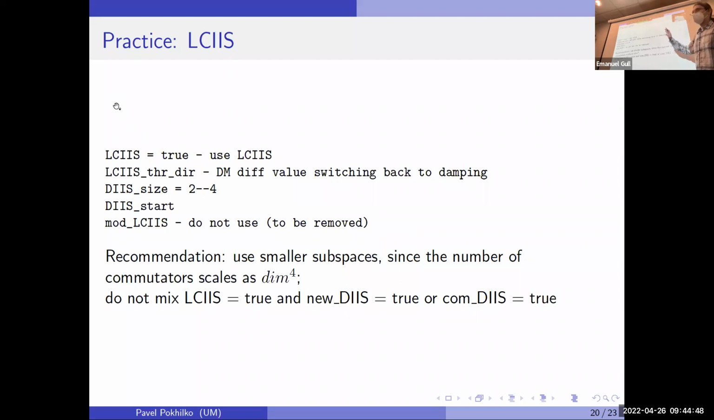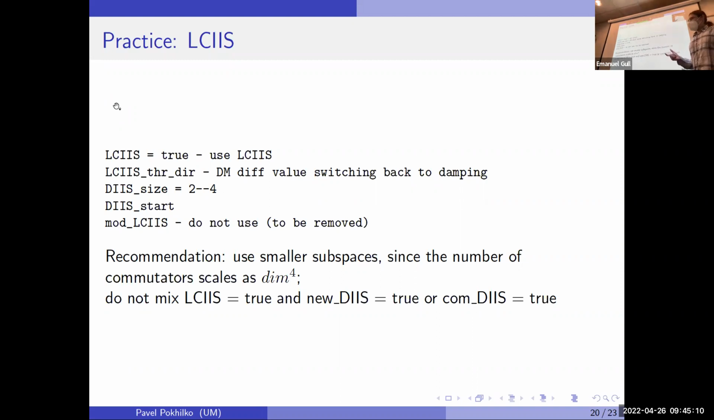So maybe for solids it's not that important. And I use some variables from DIIS, such as DIIS size, just to specify the subspace size for LCIS, and DIIS start to specify when the iterations should start. So one of the caveats of LCIS